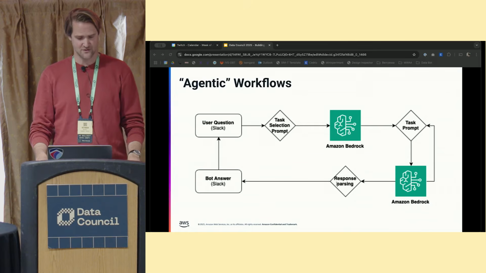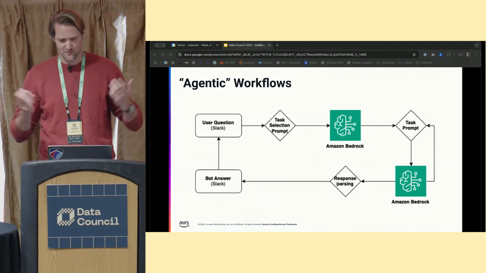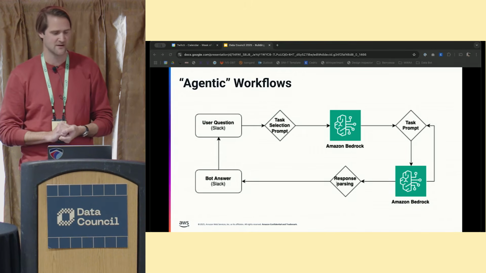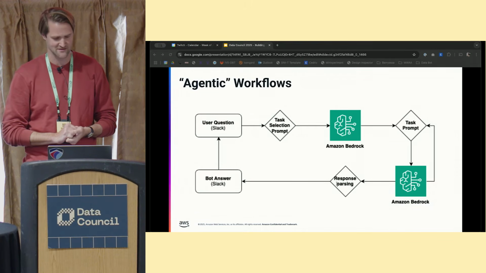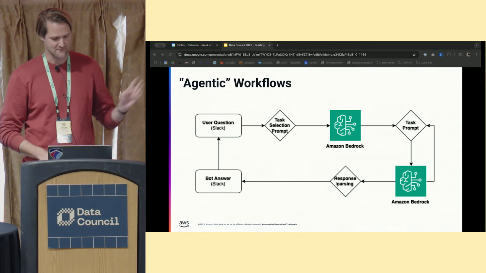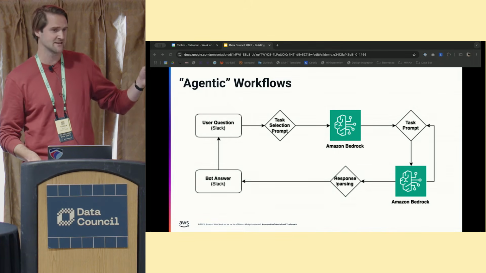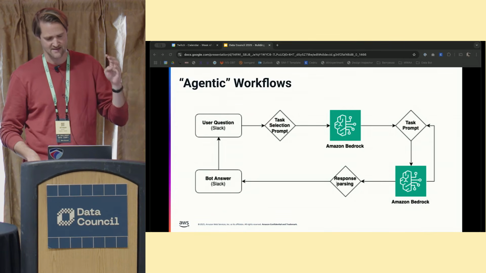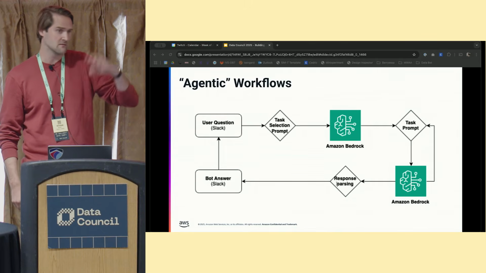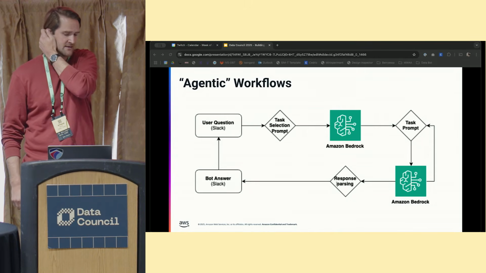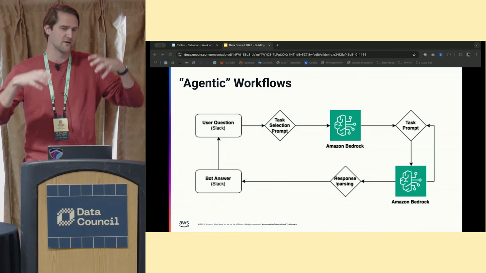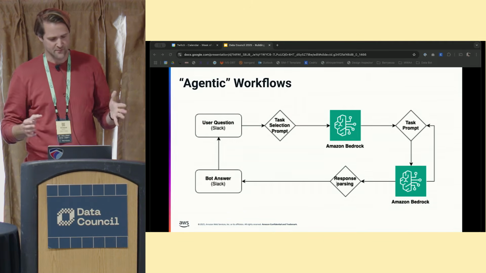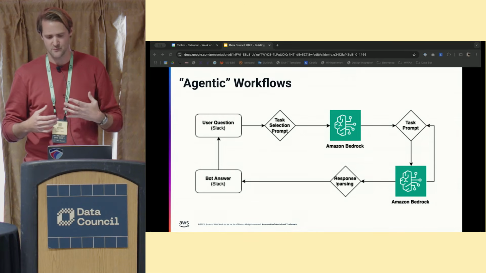Like everyone else, I'm sure we use an agentic workflow, which is a fun new term that to me more or less means just calling the model in a loop and carrying the context along with you. We first try to determine what task you're trying to solve, so there's a first pass where we hit Bedrock. Once we have the task in hand, then we iterate, depending on the task, to form a final prompt, essentially. And once we have the final prompt, we think we'll successfully answer the user query.